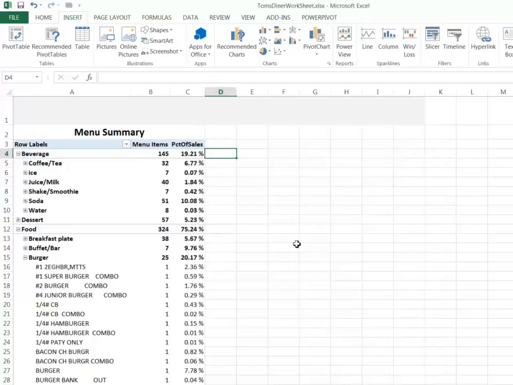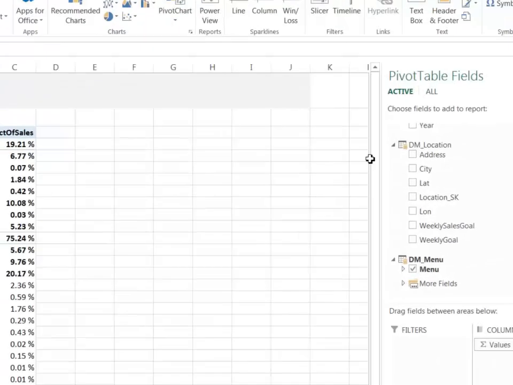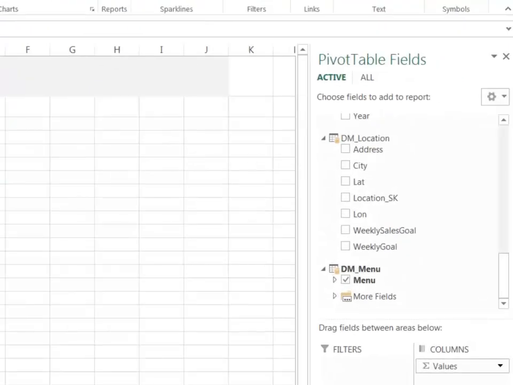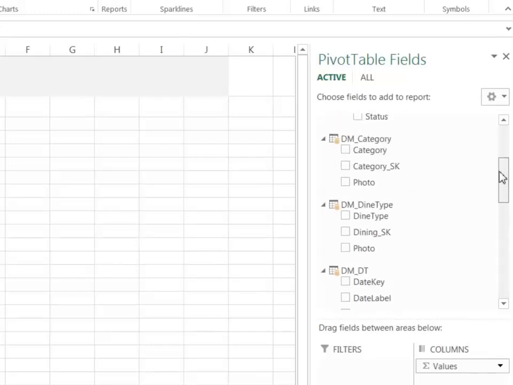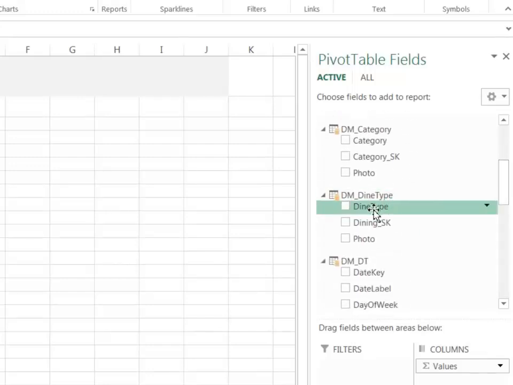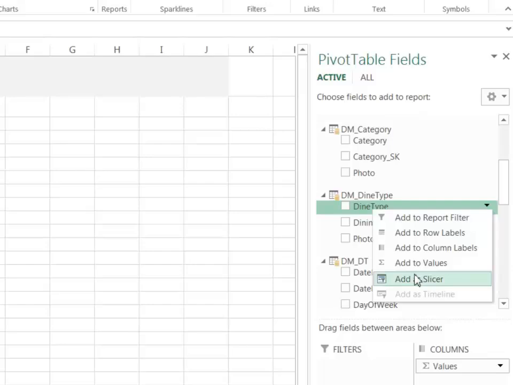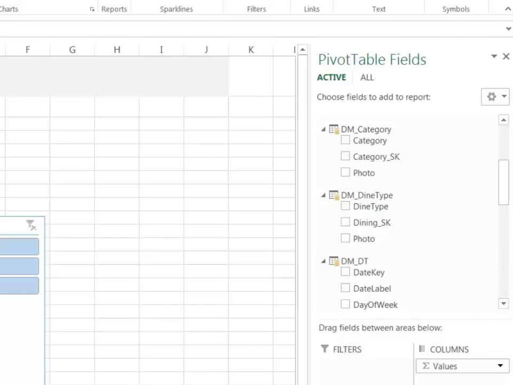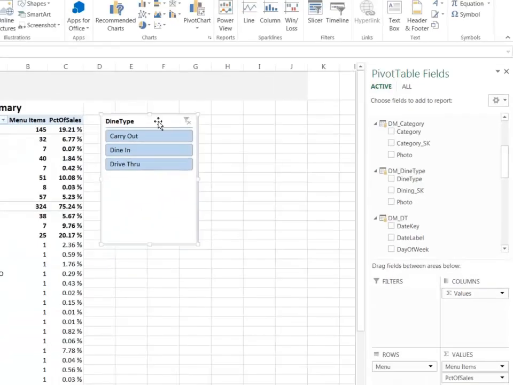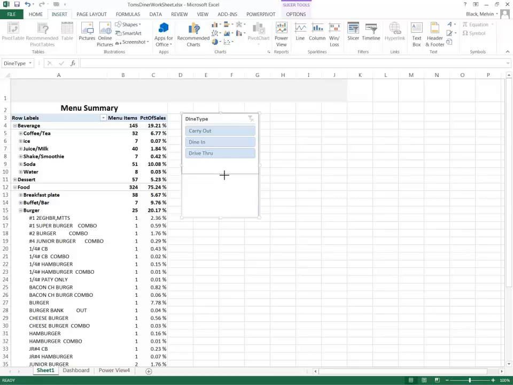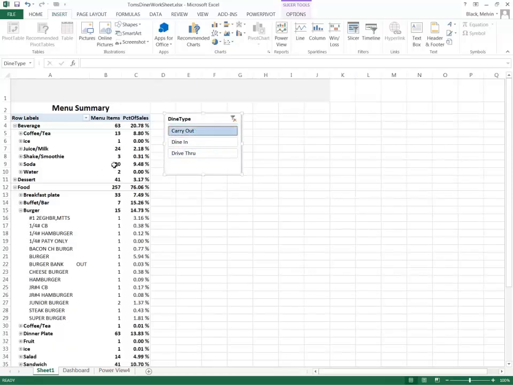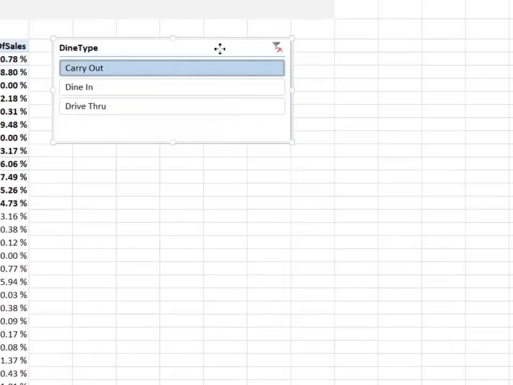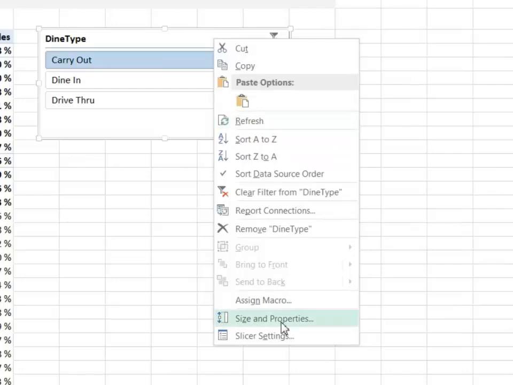Now I can also do that by selecting the pivot table, and I want to slice this by dining type, and I'm going to just select add slicer here. So I had two options, and I'm going to use this option because it's a little bit easier. Now that I have my slicer here, and this is what I use to filter, as you can see I'm filtering my pivot table, I want to change the look. So what I'm going to do is I'm going to right click it and select size and properties,